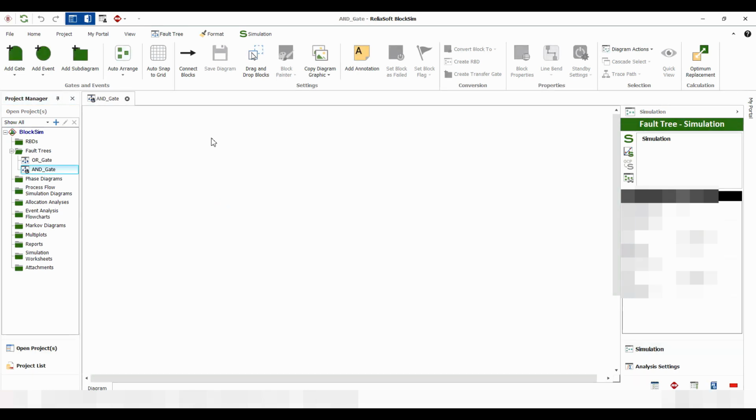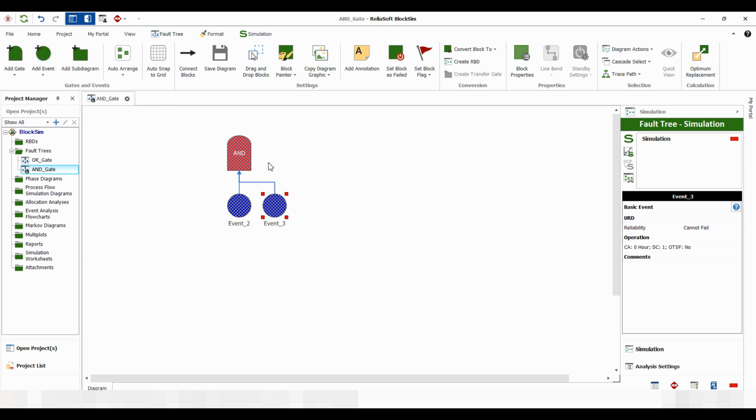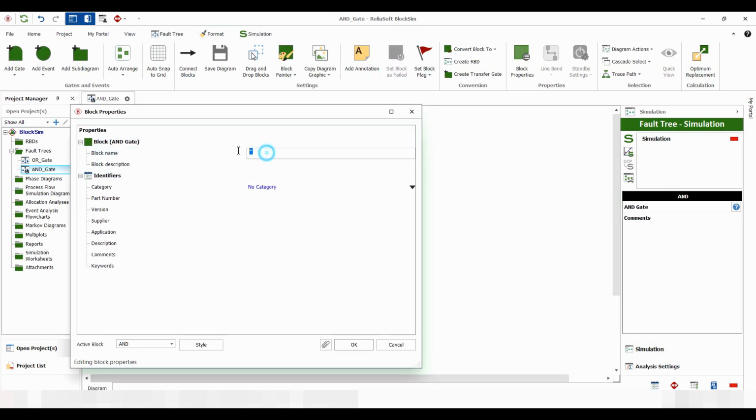Okay, so we have exactly the same interface, but we notice here we got different symbols. We don't have any more the calculation, but we have a simulation, and we got an S to indicate we are on a simulation interface. So we're going to insert an AND gate, and below which we put in two events. So our AND gate, we call it simply AND,